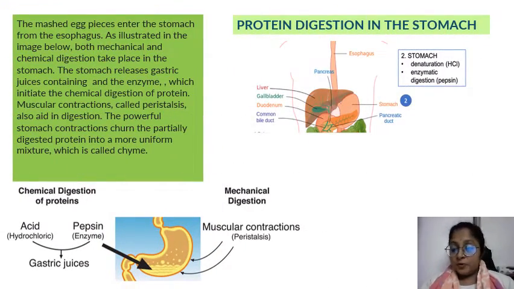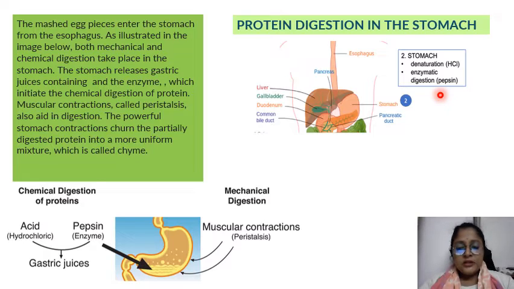The main function of the protein digestion starts in the stomach. There are two main functions in the protein digestion in the stomach. First is the denaturation, and also the enzymatic digestion, that is pepsin. So we can say that in the stomach, both mechanical and chemical digestion take place, and mechanical digestion also takes place while any protein is passing through the esophagus, by the contraction and the relaxation of the